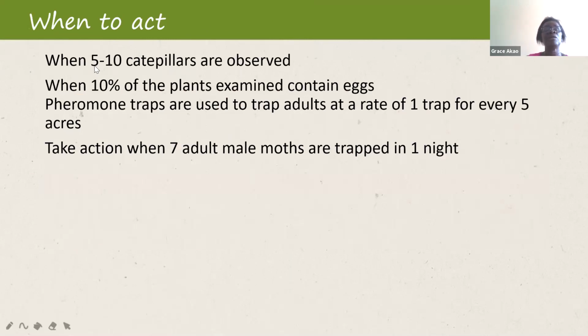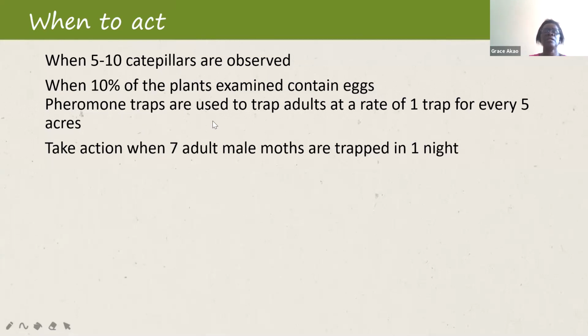Producers are advised, or the NPPO would issue advisory action to the producers, when the count is about 5 to 10 caterpillars in a certain area of the crop. And when 10% of the plants examined contain eggs, you can also issue advice for